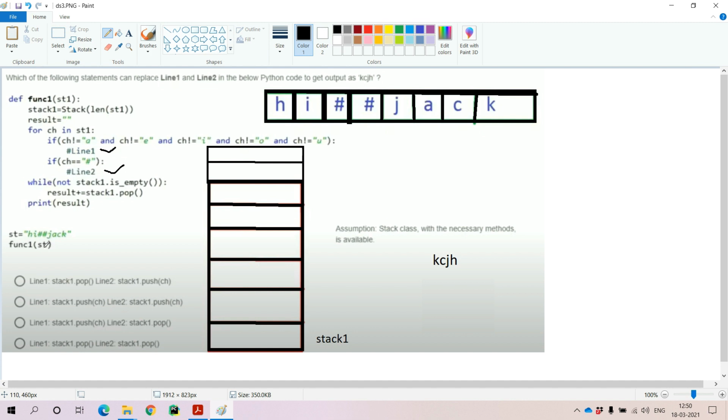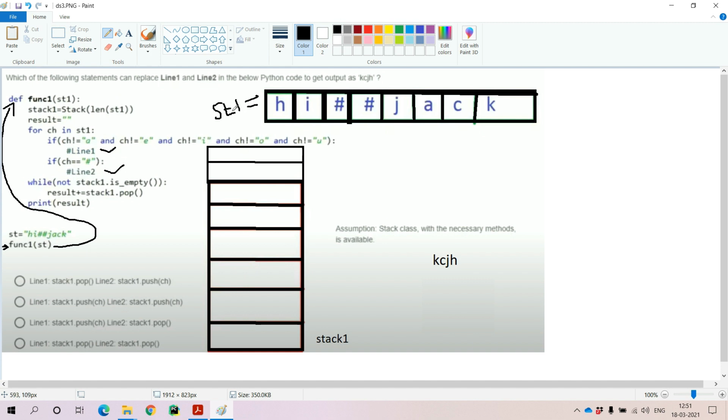This is the line that represents the function calling. While calling this function, the entire function comes into the picture, and we pass one string as an input parameter. So within st1 we have a series of characters, hi hash jack. Within the function, the first line creates one empty stack with the size of the length of st1.